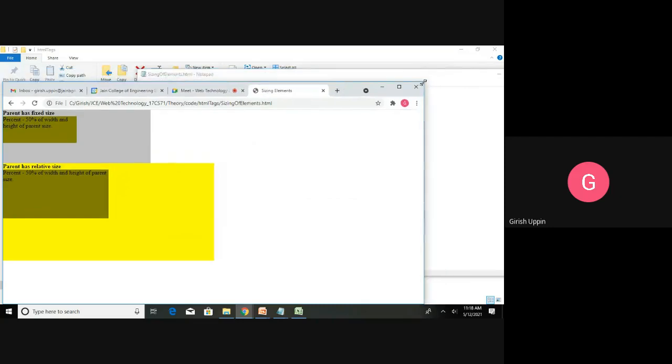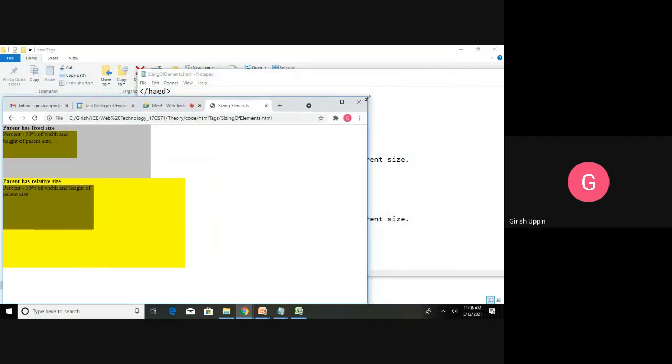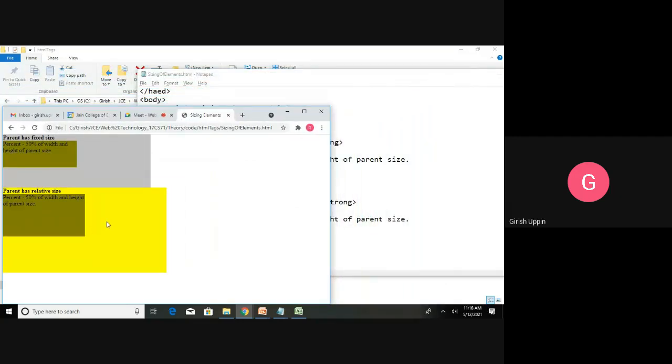Just to make it understand, I will resize this. You can see the changes. See, when I'm resizing, you can see the below div. The below div is relative to its parent, and this particular div is relative to this. As this one is getting resized according to the parent, this will also get resized. However, this is fixed.